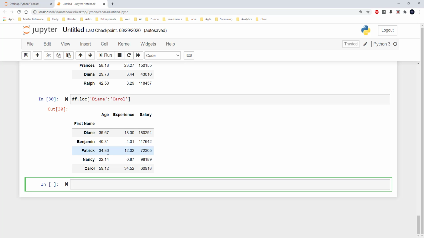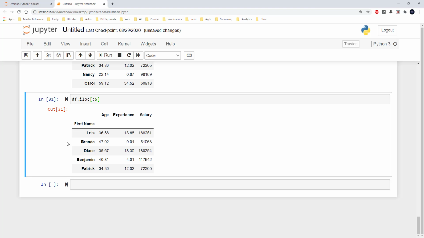I can also use iloc to do the same functionality, but I can just use the iloc to refer to the integer index. Say for example, I can use df.iloc to get the rows from the beginning until the row 5 or until the index 5. So when I just run this piece of code, I can just get the rows with index 0, 1, 2, 3 and 4. So I can use iloc, which stands for integer loc, to extract specific rows or specific set of rows that I need from the data frame.